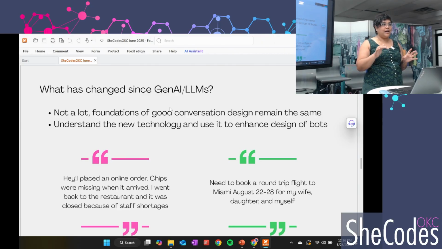I'm not saying you can't, but Gen AI seems to find this information much faster and pull out what we call our variables. So Gen AI has helped, but it's not the end all and be all. You still need a human in the loop. You still need a human to assess if it is a good conversation or not. And mostly, I will say, most of the success we've had in the field is hybrid bots. So not just purely Gen AI, but using Gen AI and NLU for the best experience.